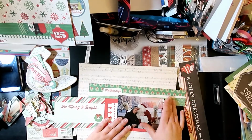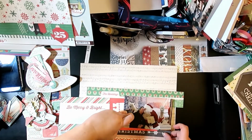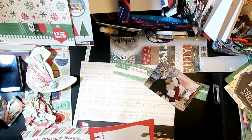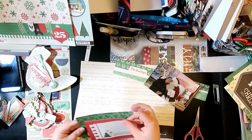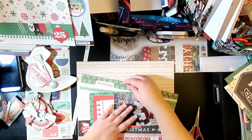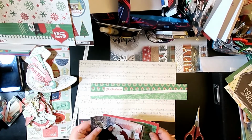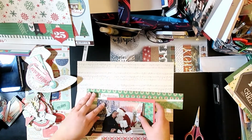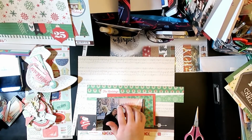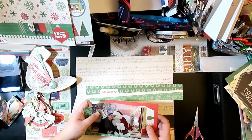So there you can see I have that red one with the tag. And then I have this strip at the top. I just really liked that tab. I thought it kind of worked nicely. And I'll cut that in half so that I have the two pieces. And you can see here how I'm struggling to just kind of make everything fit together. We get there in the end though, I promise. And then that bottom strip, I just really liked the Santa. I thought it was cute. And it says, a jolly Christmas, so...